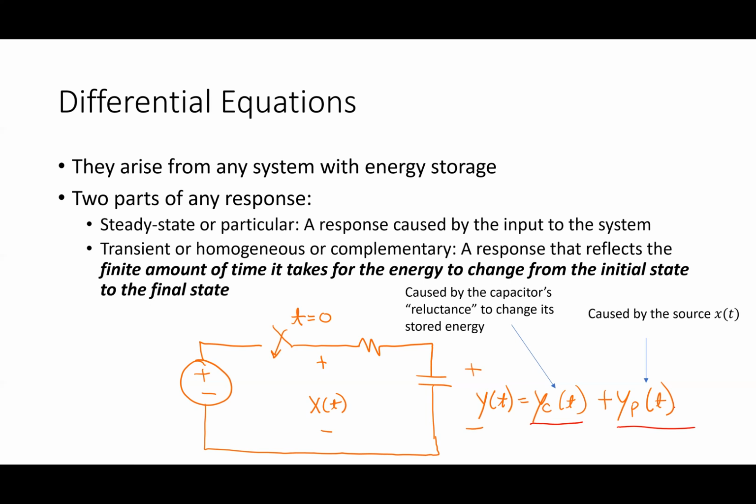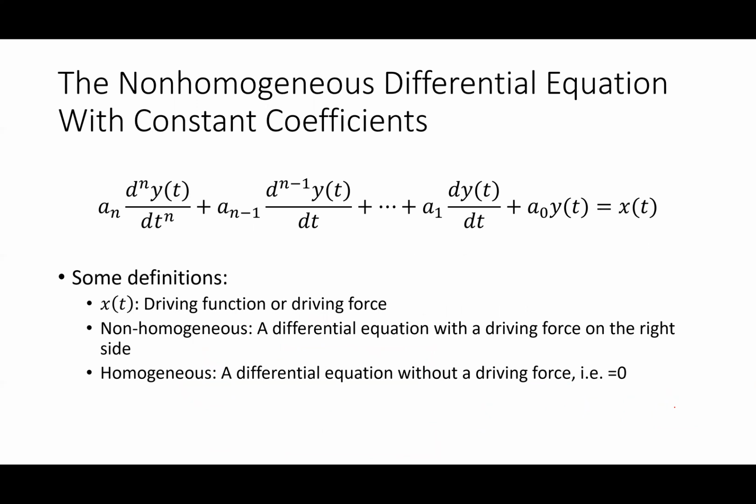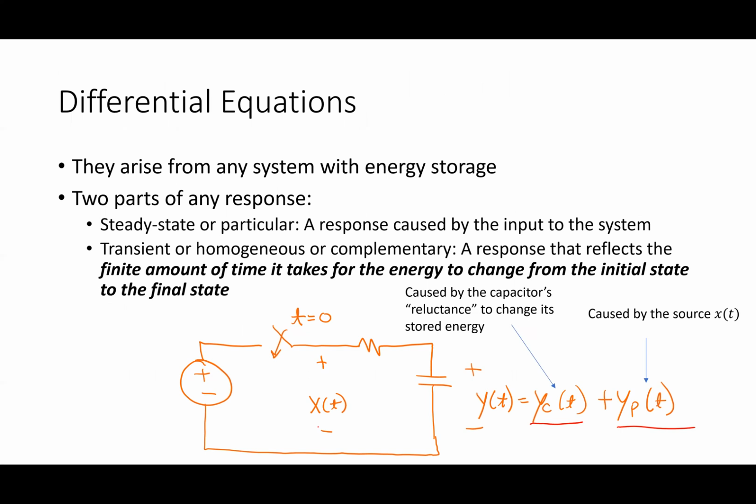So that reluctance gives rise to this thing we call the transient response, which is always of an exponential form. Always of an exponential form. All right. Now, I should touch on the fact I called my input here x of